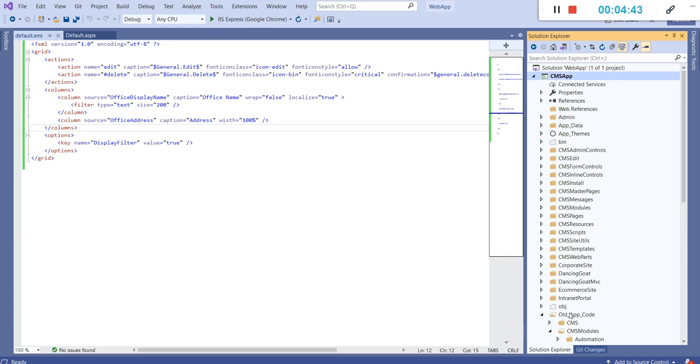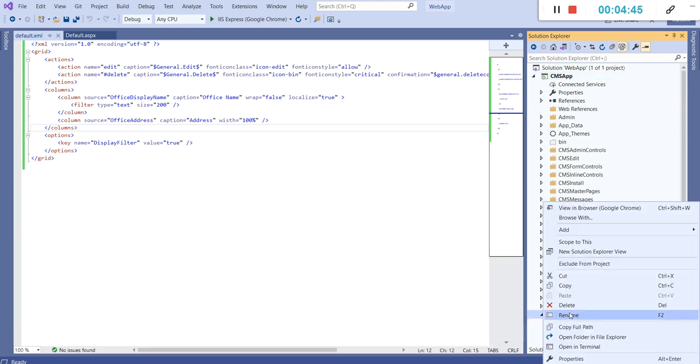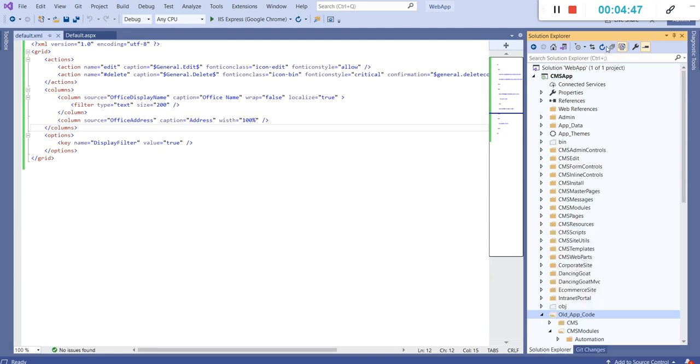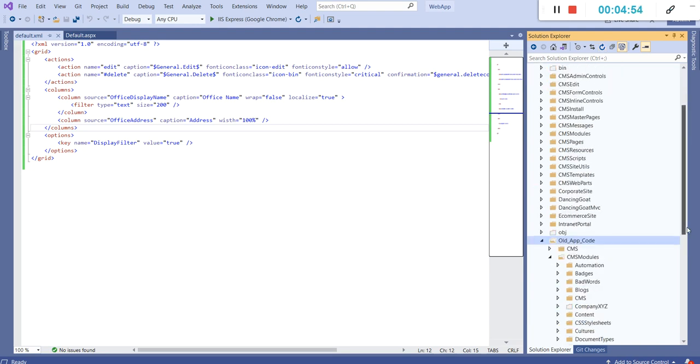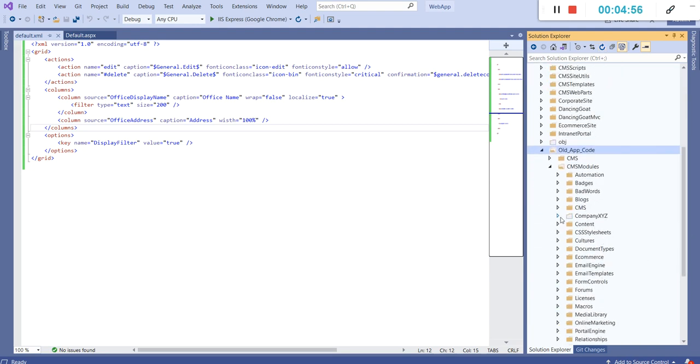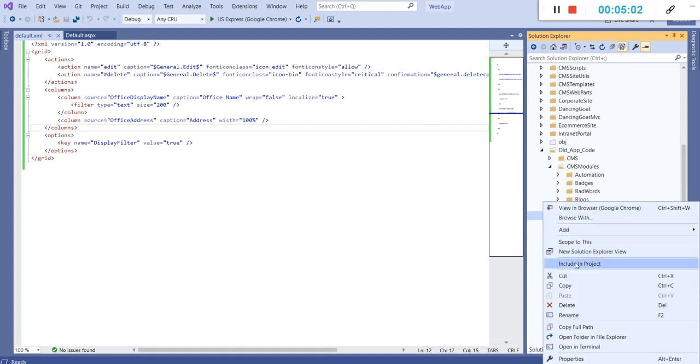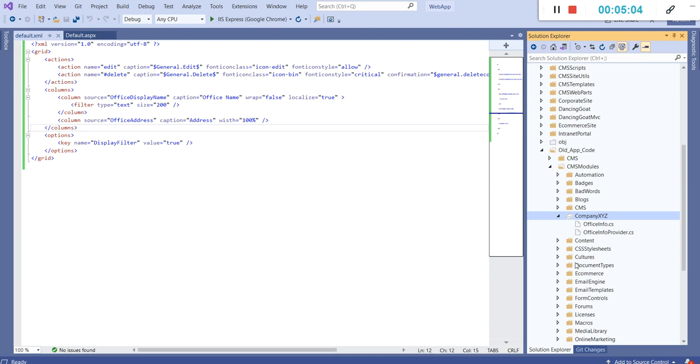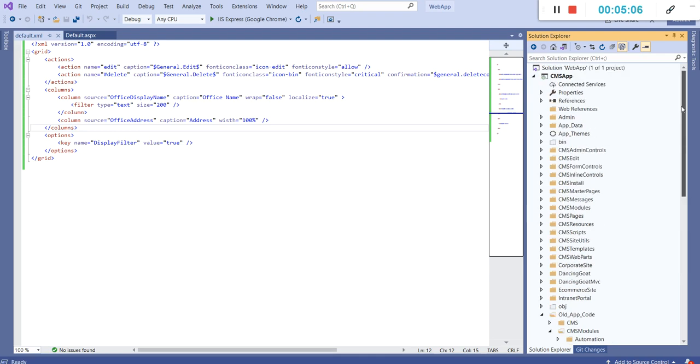Let's go to the old app code folder and refresh it. You can see that our company XYZ module has been created, and we can also see the files. Let's include them in the project and do a build.